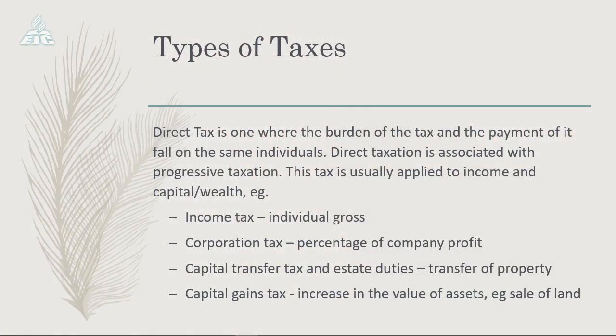The capital gain tax now is the increase in the value of assets. Good? So if it's a case where John's father was not transferring the property to John, but he was instead selling that property, on the sale of that property, he would pay a tax to the government. Good? Because he would now be having the physical money. He would not own the property anymore, but he would have the physical money. Therefore, he would pay tax from the sale of that property.